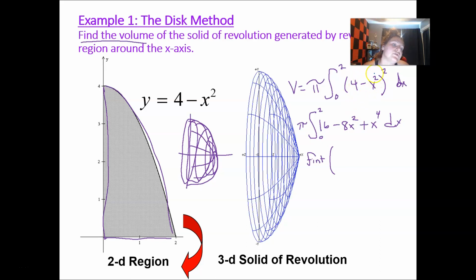If you did this first one without simplifying first, you could just do parentheses 4 minus x squared. Then you put a comma. You put your a, which is 0. You put your b, which is 2. Comma,